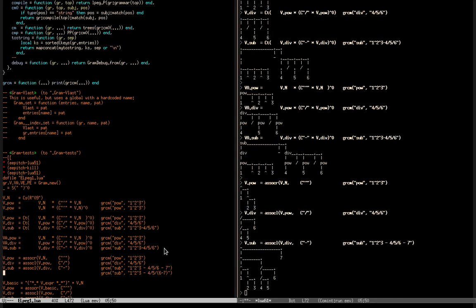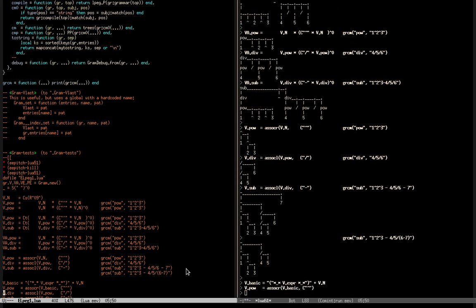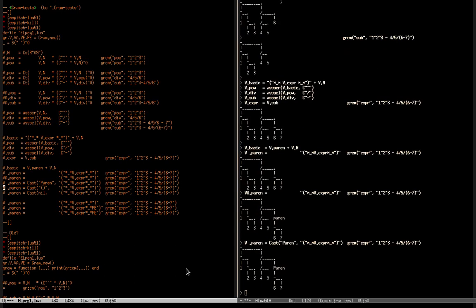With these combinators I can specify that the power is associative in a certain direction, the division is associative in another direction, the minus uses the same direction as the division, and so on, and they have the right precedences. So here are the tests.